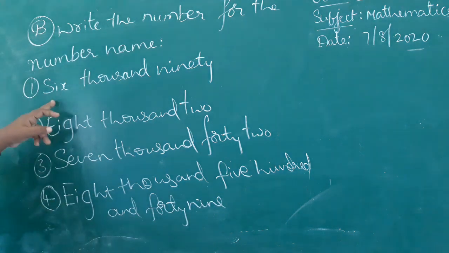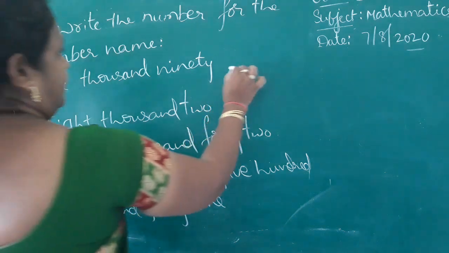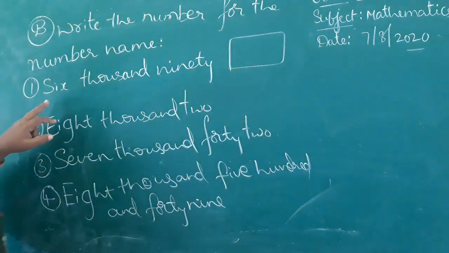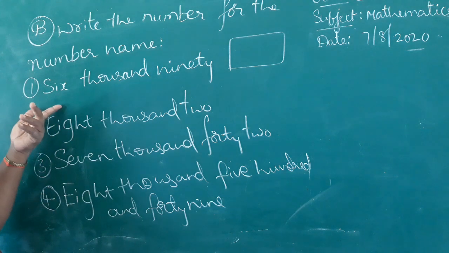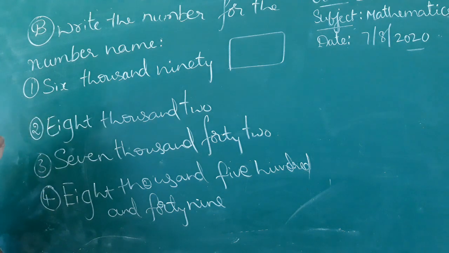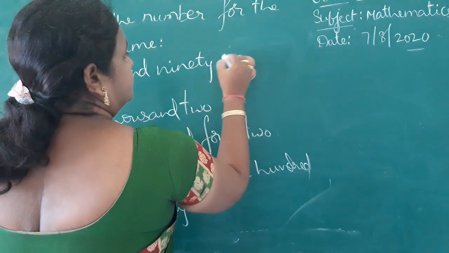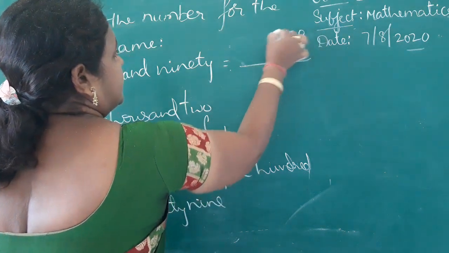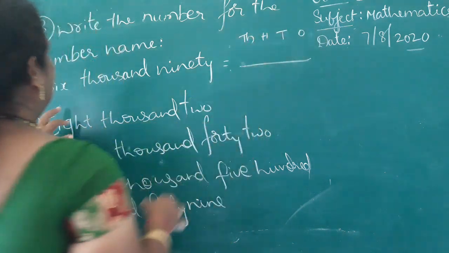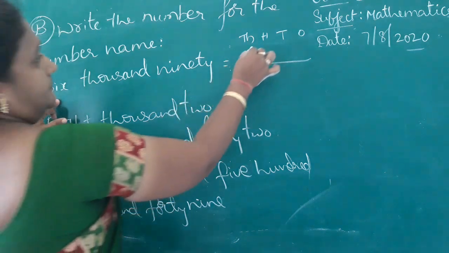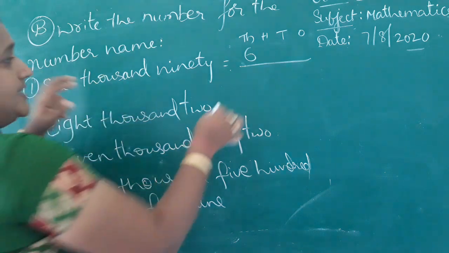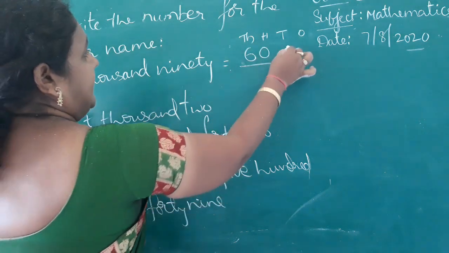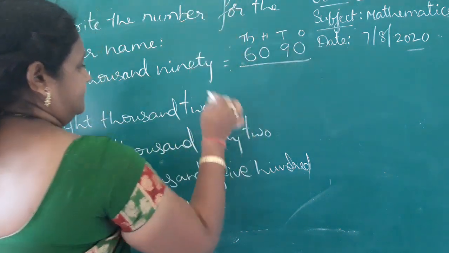See that. What is that? 6090. First one, 6090. Before going to write that, up to 1000 place the question was given. First write the place values. Ones, tens, hundreds, thousands. What is that? 6,000. How many hundreds? Not yet given any type of hundred. So keep 0. 90, 9 tens, 90.